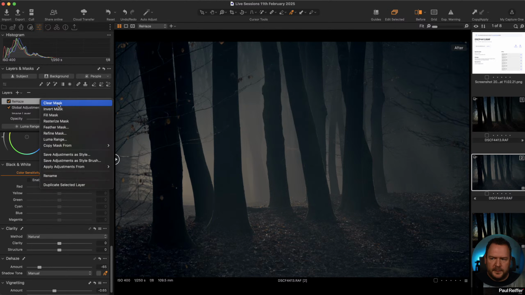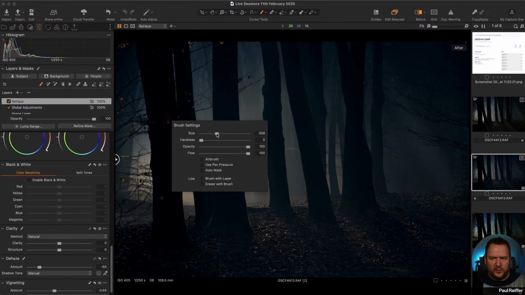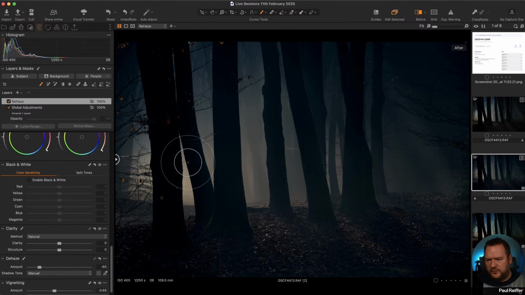Okay. Clear that mask. Brush. Normal brush. We don't want any cleverness. Normal brush. Really low flow. Really, really big. Really soft. I can add in fog. Be careful how you do this. Fog has a way of wrapping around trees. It doesn't have the abilities in certain places to do stuff that you think about.